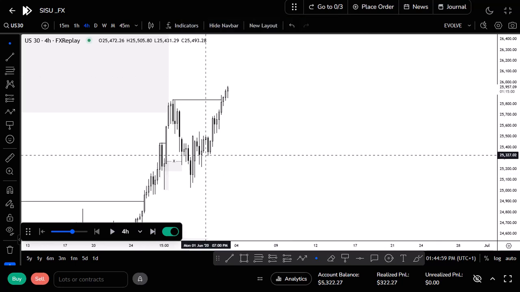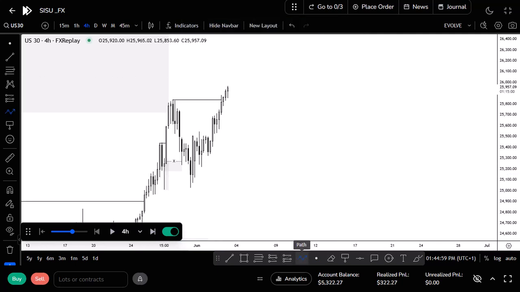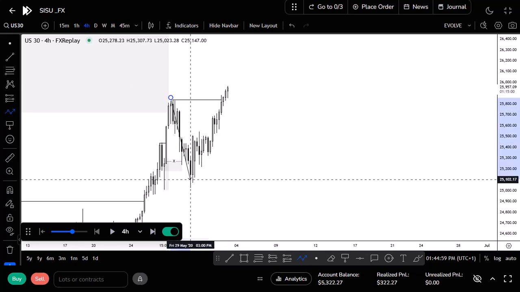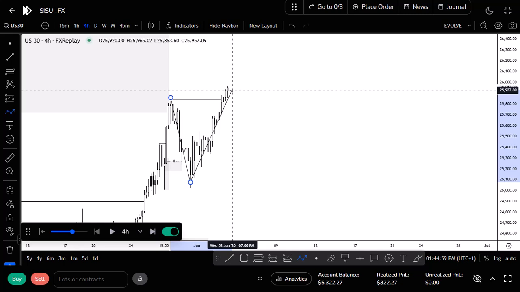And we now have another 4-hour internal break of structure, right? So we are expecting price to do something like this, come back here, and if this bullish order flow is going to continue, we have something like this again. But if it is not going to continue, we may have something like this, maybe a sweep of this high, or a failure swing, or just a rapid break. Those are the three types of structure shift that we have.